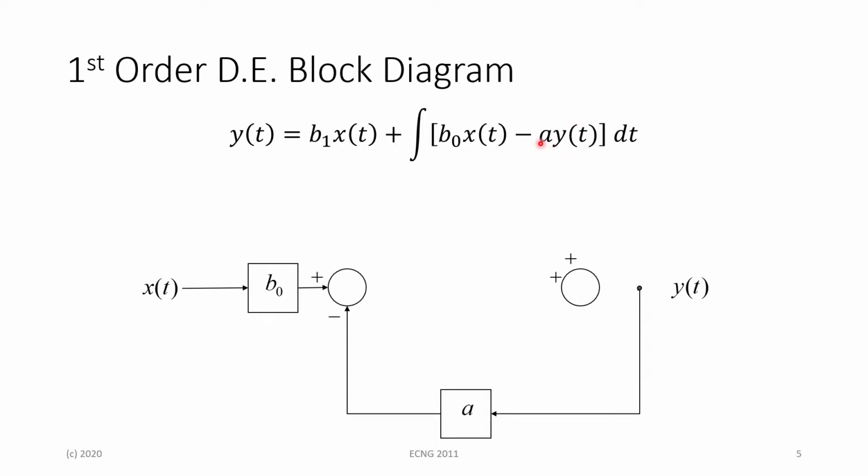The minus a y of t signal is coming from the output because the output is y of t. So this goes back into our system because remember, we need to achieve an entire y of t signal at the end. So we draw a line from y of t going towards a multiplicative component a, which will give us a y of t. And as such, this negative sign needs to connect back to the summation junction to give us the minus sign here. So this summation junction gives us b naught x of t, and at this point it's minus a y of t,